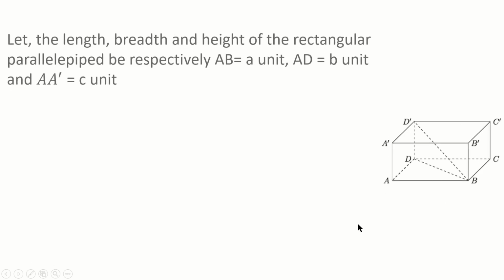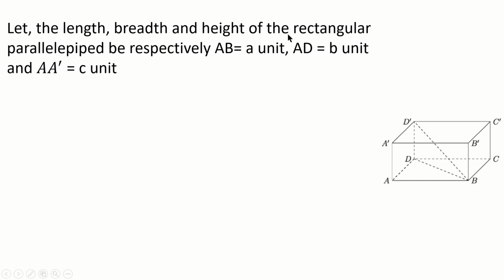follow a figure. Let the length, breadth and height of the rectangular parallelepiped be respectively AB. AB means this is the length, this is equal to a units, AD or BC, this is the breadth, this is equal to b units, and AA' or BB' or CC' or DD', this is the height of this solid and this is equal to c units. Okay,